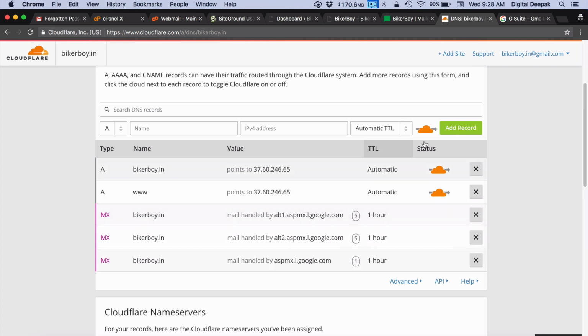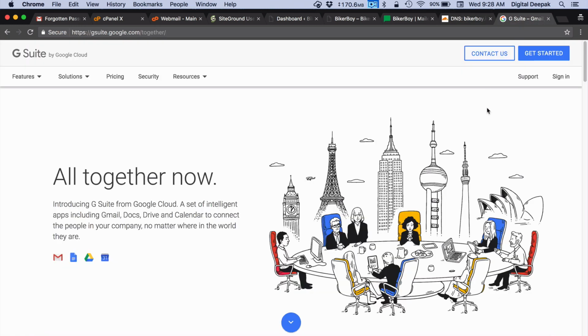So in this tutorial, I will show you how to sign up for a G Suite account and create a custom email ID. But let's say you are signing up for Zoho or some other email provider, which will provide your own email at your own domain, then you need to update different MX records. I will create another tutorial for Zoho separately. But for now, let's go ahead and sign up for a G Suite account.